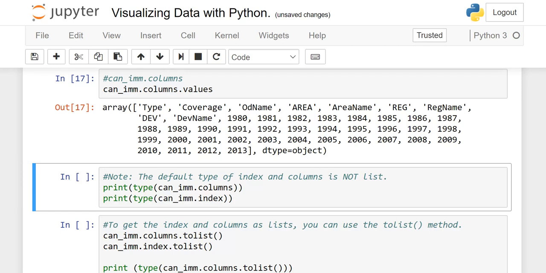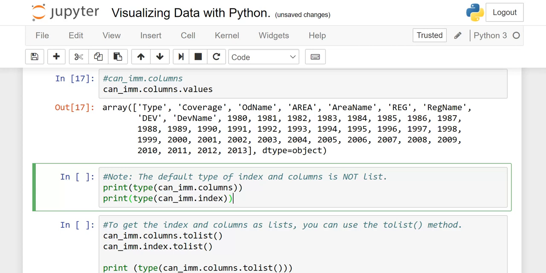See here, this is now an array. When we have to use this, we will discuss in this course, but keep in mind the difference. If you run this, we have an Index, but if we add values, then we have an array.